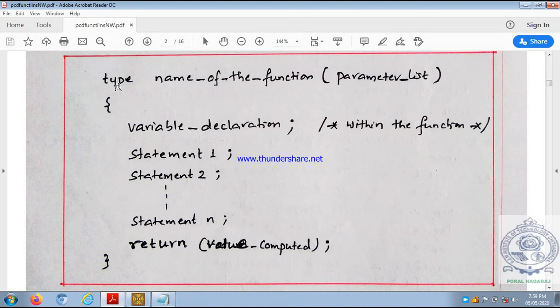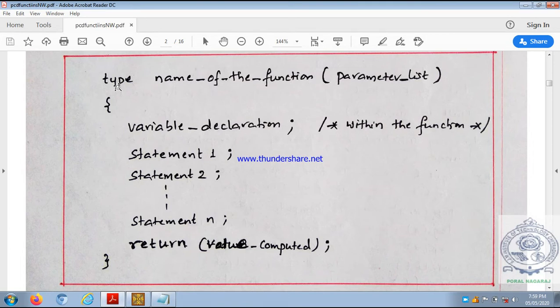It's a very simple concept to understand very clearly. While taking the attendance in the classroom, the lecturer calls the student's name. So the lecturer is like a calling function, and the student is like a called function. When the lecturer while taking the attendance calls the name of the student, then the student responds by saying yes sir or present sir. So that present sir is the return value.